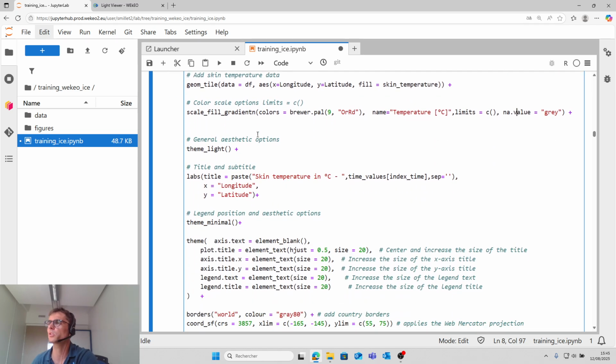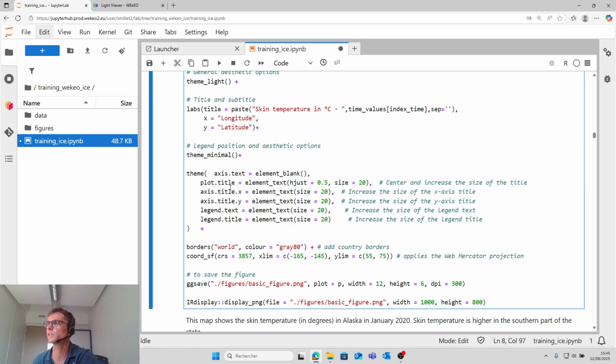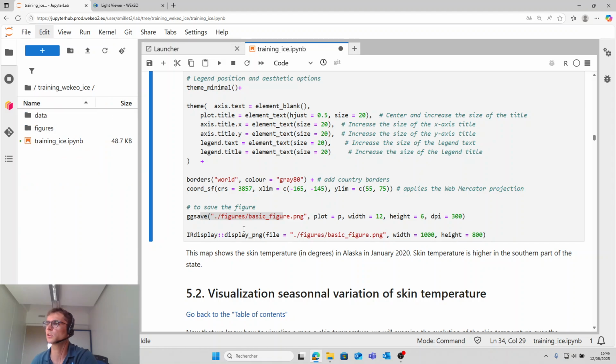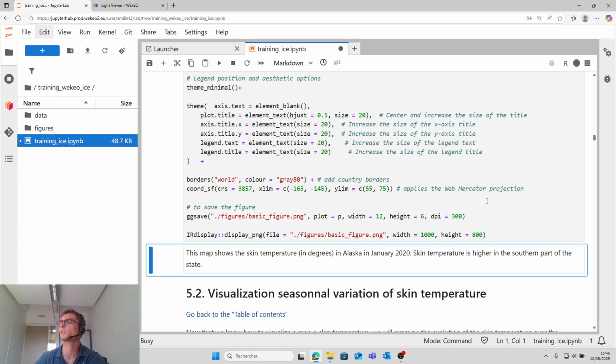Then it is the general aesthetic options. There are the title and subtitle, legend, and the size of the text. And here we add the country borders and apply the Mercator projection. And then we save the figure in the figure folder here. And finally we display the figure.